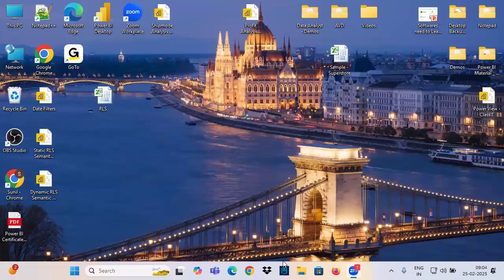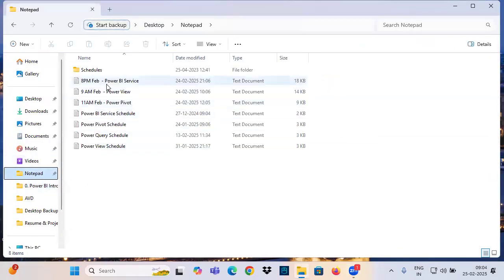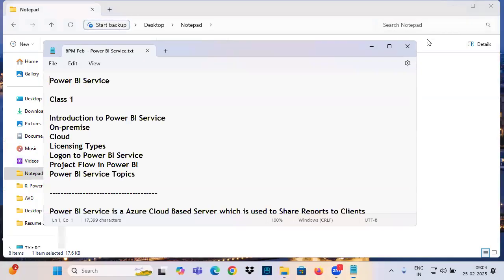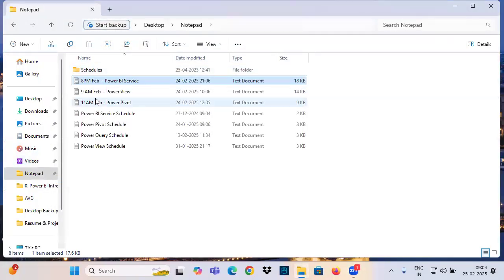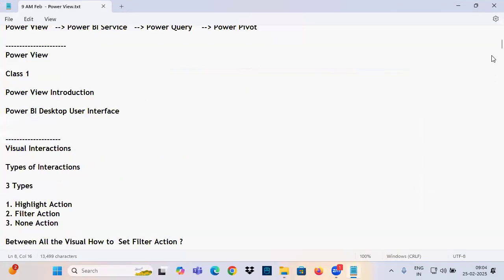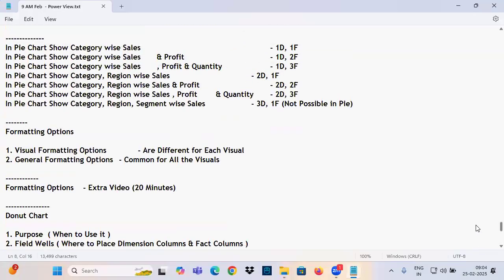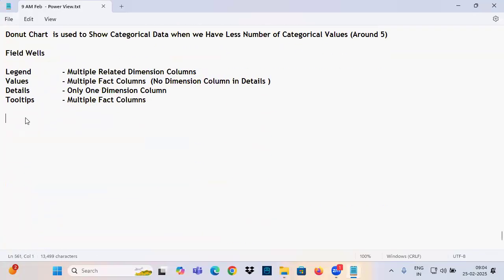We are discussing Power View. So far we completed 6 classes. Today's class is class number 7. What we are going to discuss in class 7 is